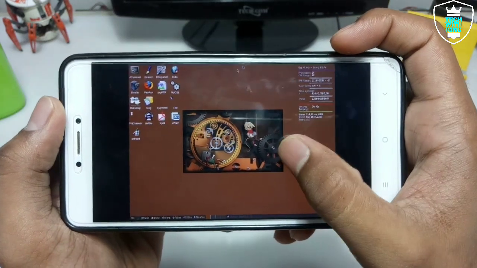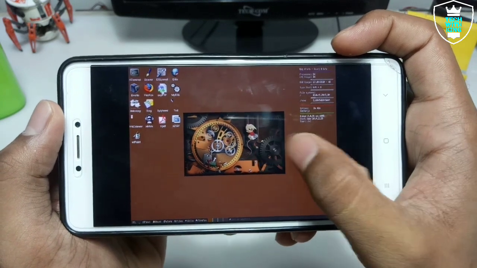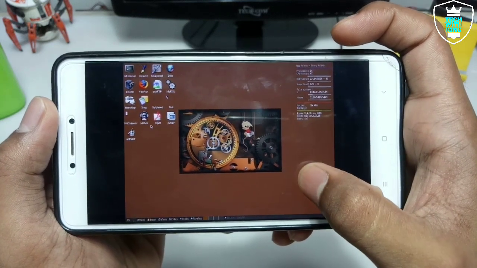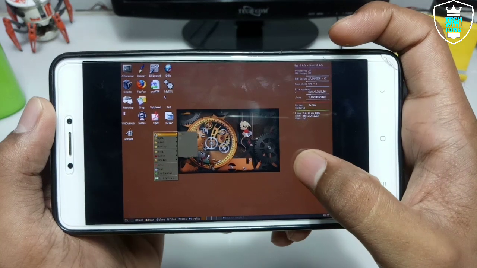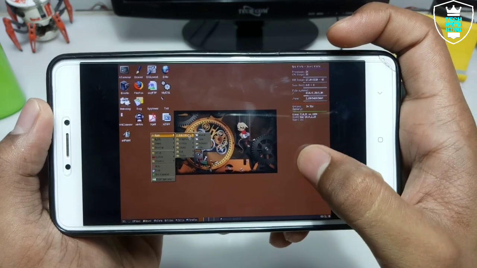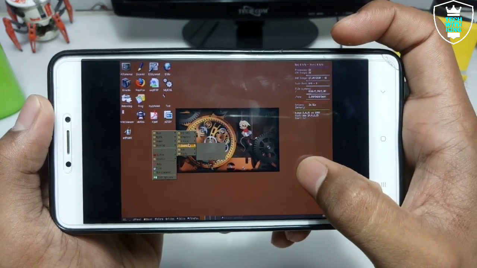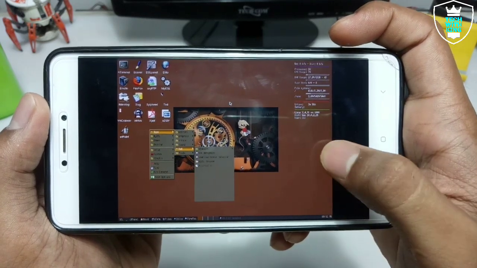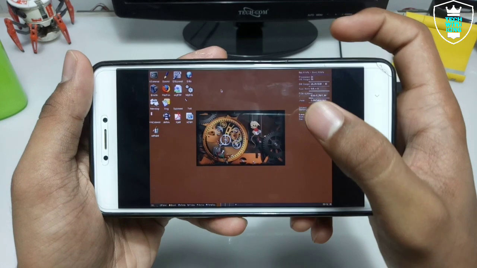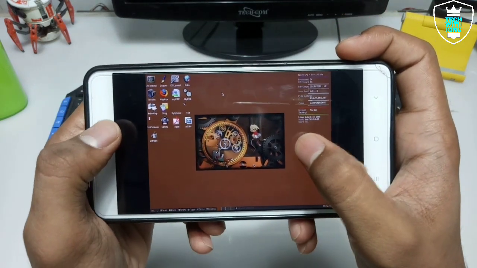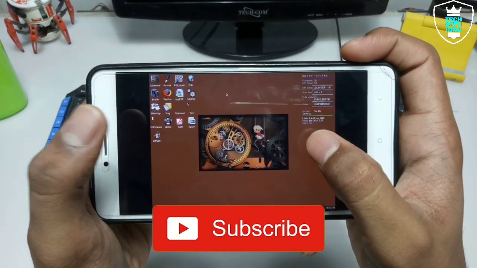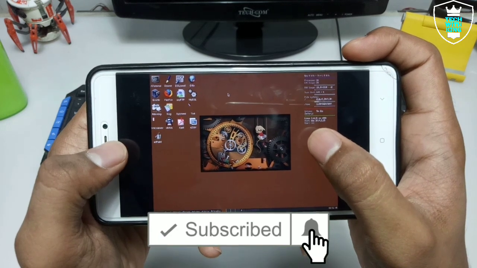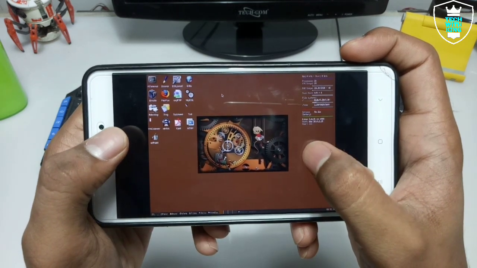And this DSL has some other features also, like Firefox, some PDF and other office apps. As you can see, it has a lot of inbuilt applications. DSL OS is working perfectly and with very fast processing, because the DSL OS is only 50 MB. That's why it runs very fast and quickly. All the software is working perfectly.